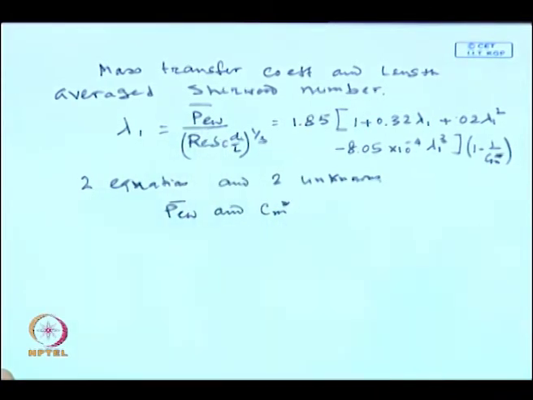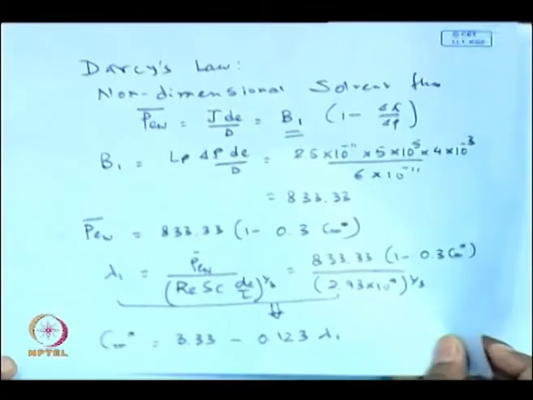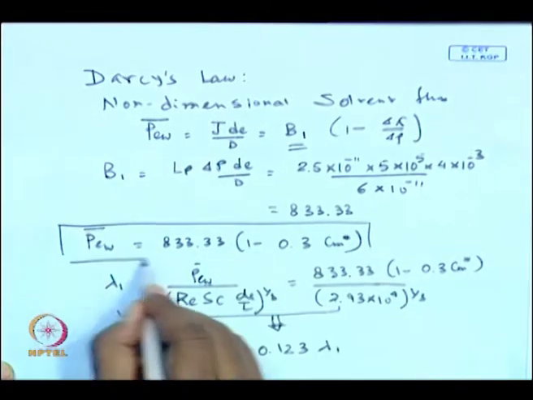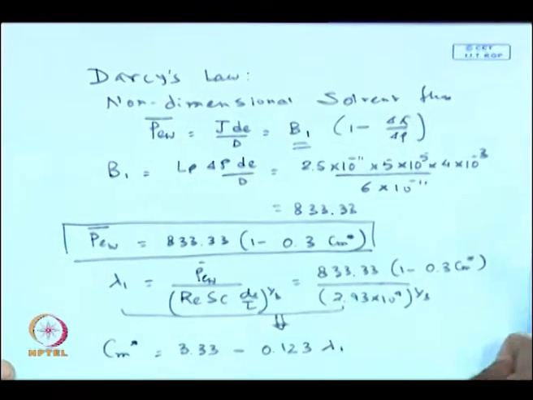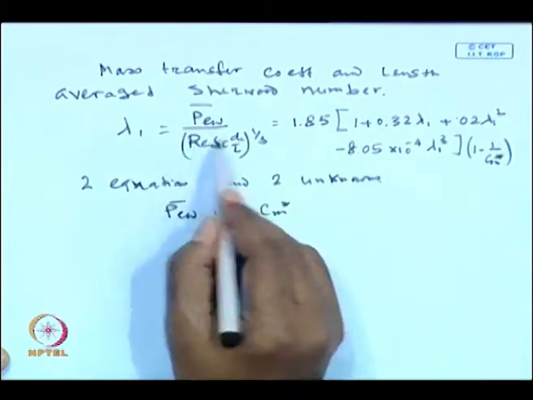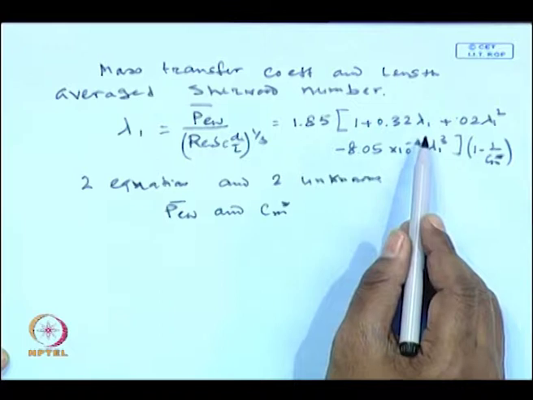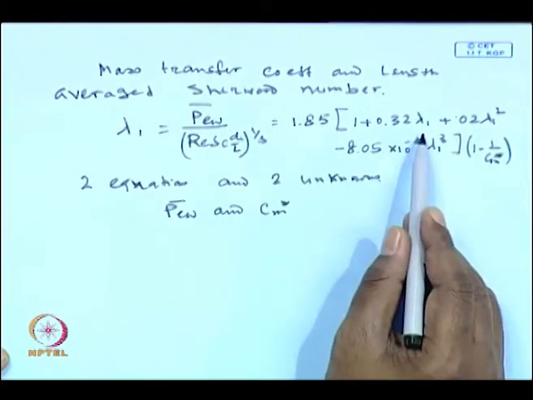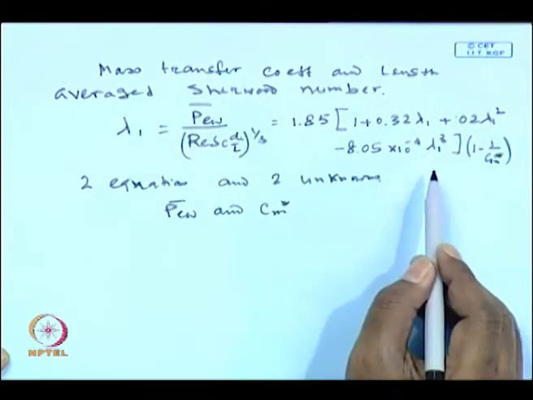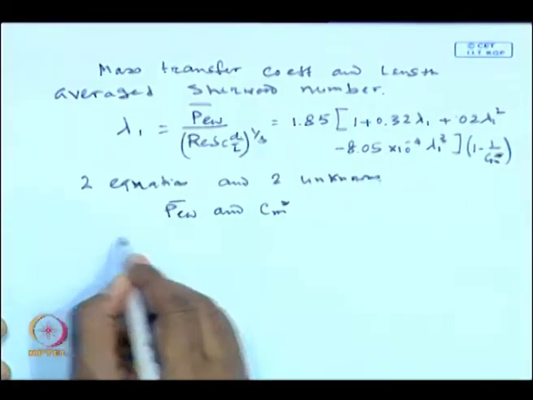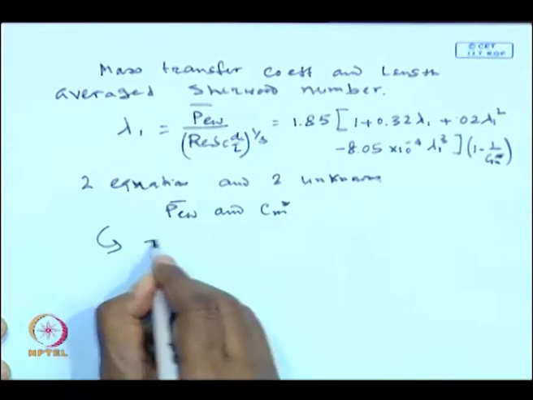So, you had one equation that relates PW bar and cm star, that is this equation. Okay. The another equation is PW bar and lambda 1 we have already found out, lambda 1 can be expressed in terms of cm star earlier, that we are going to substitute here, that will constitute a new equation. So, we will be getting two equations, two unknown system, and these two are algebraic equations. Okay. So, we are going to do that. So, you have to solve it by iterative technique.